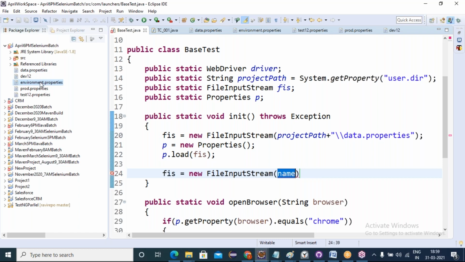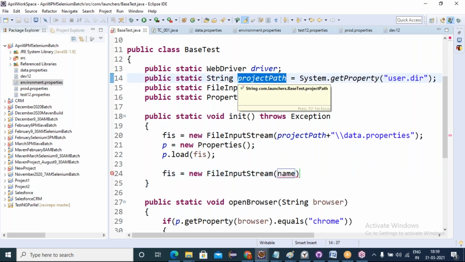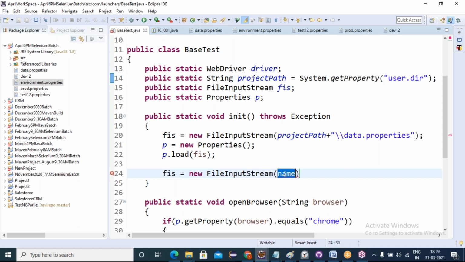Where is this file presented? In the same project. To get the project root directory dynamically, we already declared one variable, the project path variable. Since I am using it repeatedly, we should store it in a variable instead of hard coding.